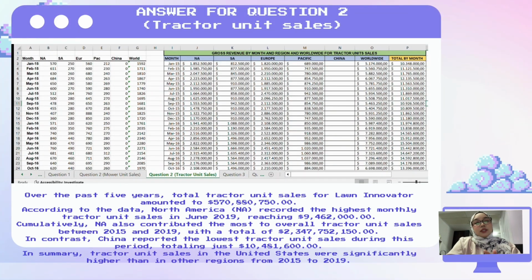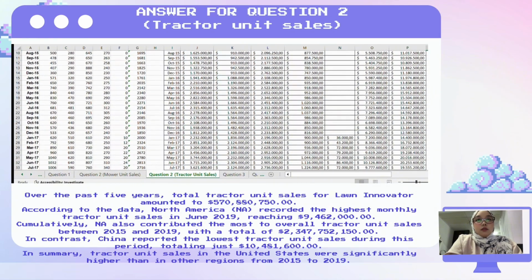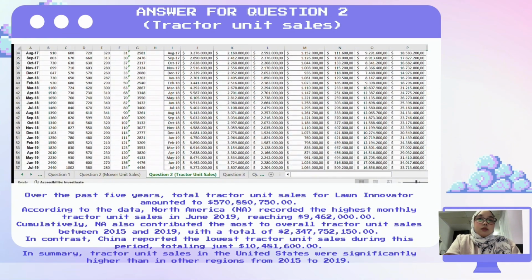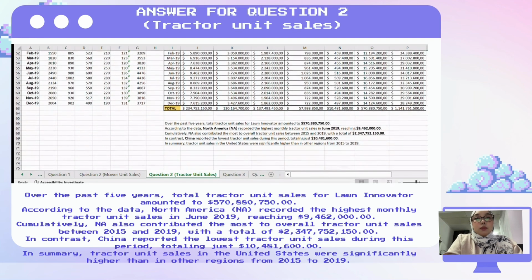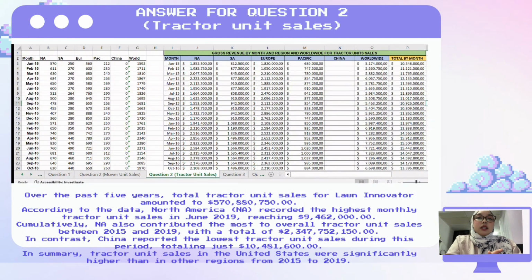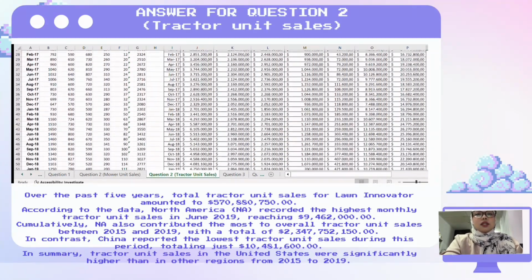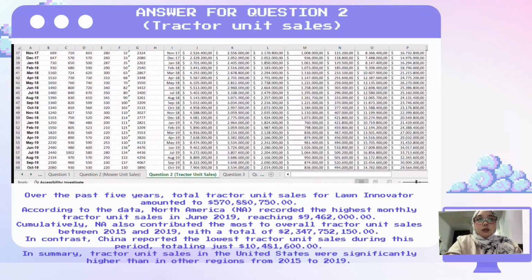So, the answer for question 2, tractor unit sales. To find the total of each month worldwide, we use the formula SUM as well. Over the past 5 years, total tractor unit sales for Lawn Innovator amounted to 570,880,750 USD. According to the data, North America recorded the highest monthly tractor unit sales in June 2019, reaching